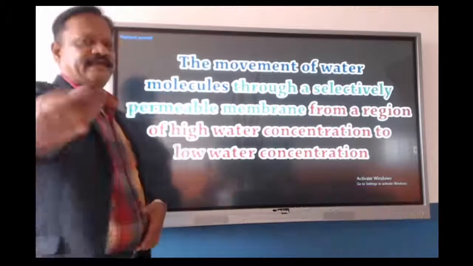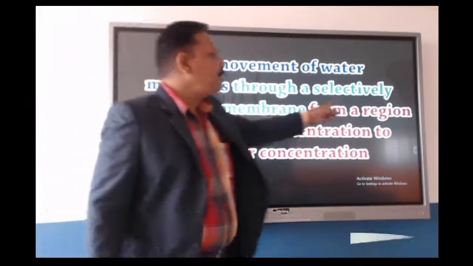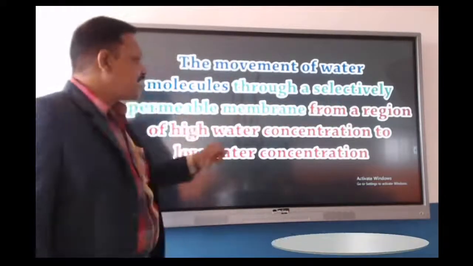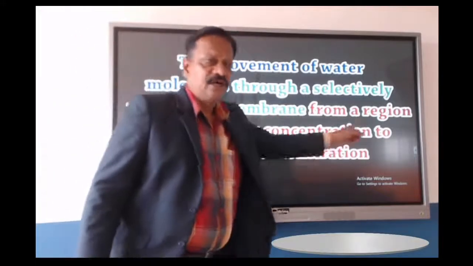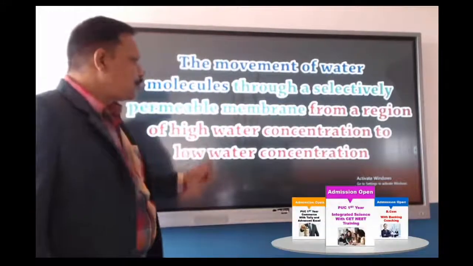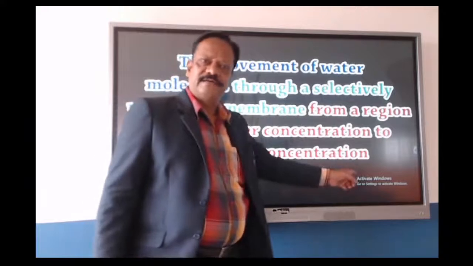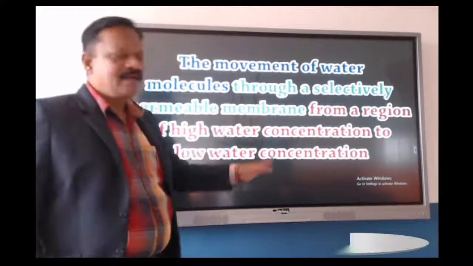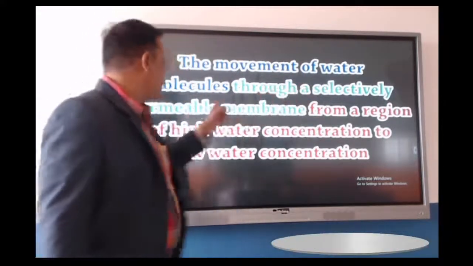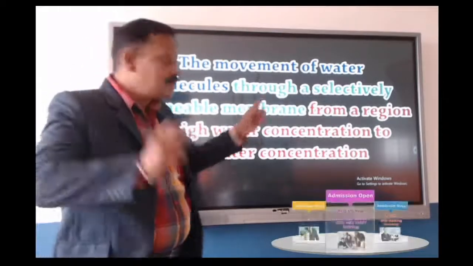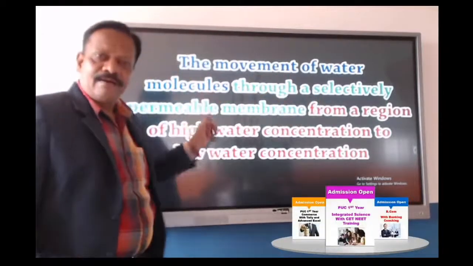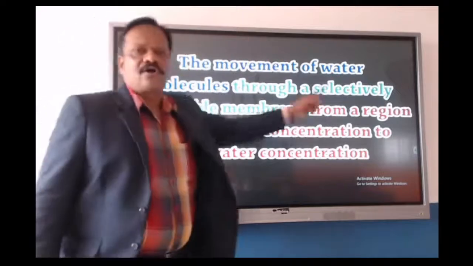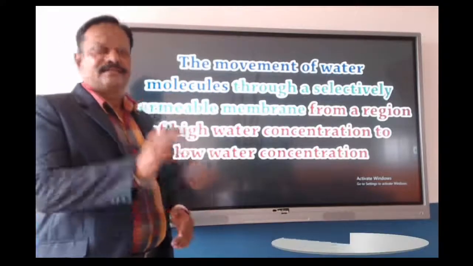So again see, from a region of higher water concentration to the region of lower water concentration through a semi-permeable membrane or selectively permeable membrane or differentially permeable membrane. This one you are calling osmosis. Now see,